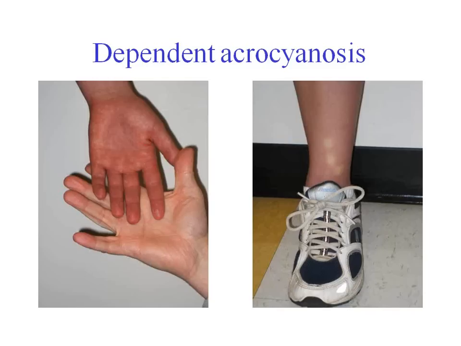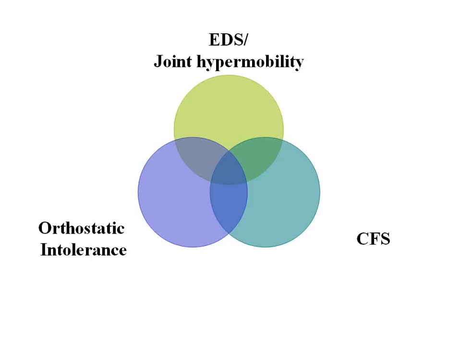I've put in some slides at the end for people to look at later because I think we'll run out of time, but I just wanted to mention that one thing that can lead to this kind of dependent acrocyanosis and to orthostatic intolerance, like we saw in the first patient, is either Ehlers-Danlos Syndrome or joint hypermobility. Joint hypermobility is fairly common in the population. Ehlers-Danlos Syndrome is thought to have a frequency of 1 in 5,000. These are people who have extreme laxity of their skin, their ligaments, and their blood vessels. So they're often